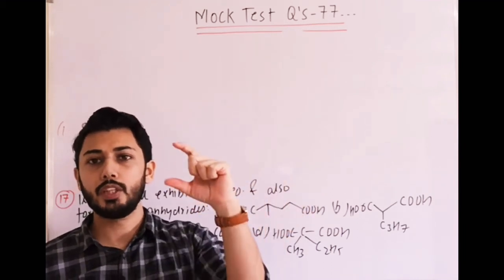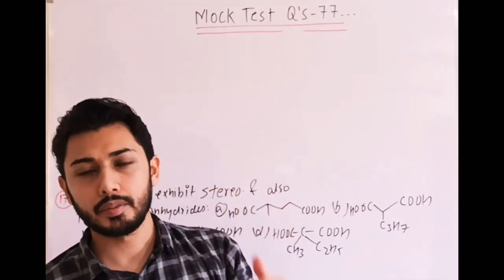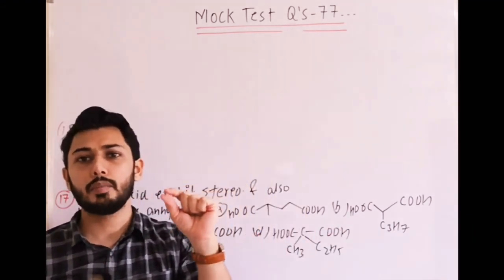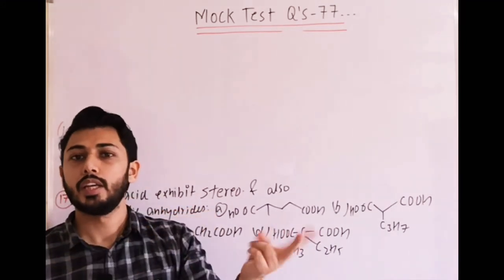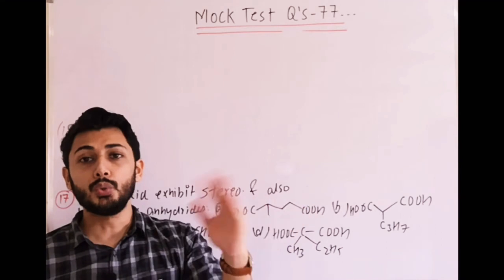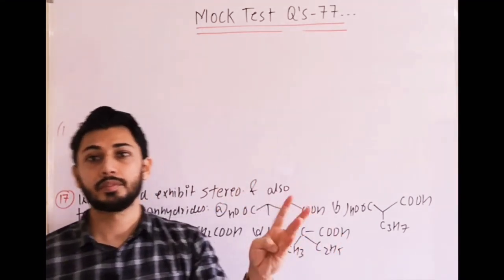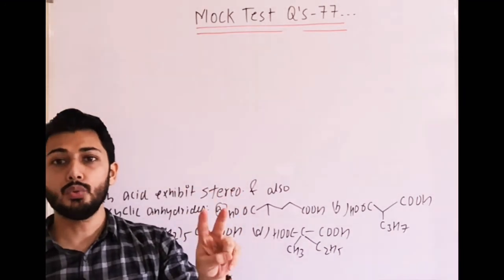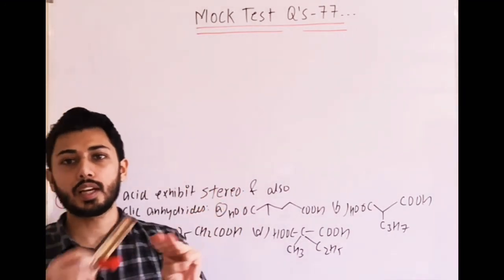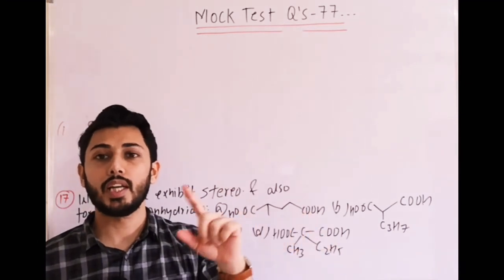0, 1 means between two COOH groups, if there is no carbon, that means oxalic acid. Malonic acid has one carbon, with COOH on both sides. In both these cases, do not remove water. After 0, 1, that is oxalic and malonic, then 2, 3, that is succinic and glutaric: if there are 2 or 3 carbons in between the carboxylic groups of the dicarboxylic acid, then remove H2O and the anhydride will form.